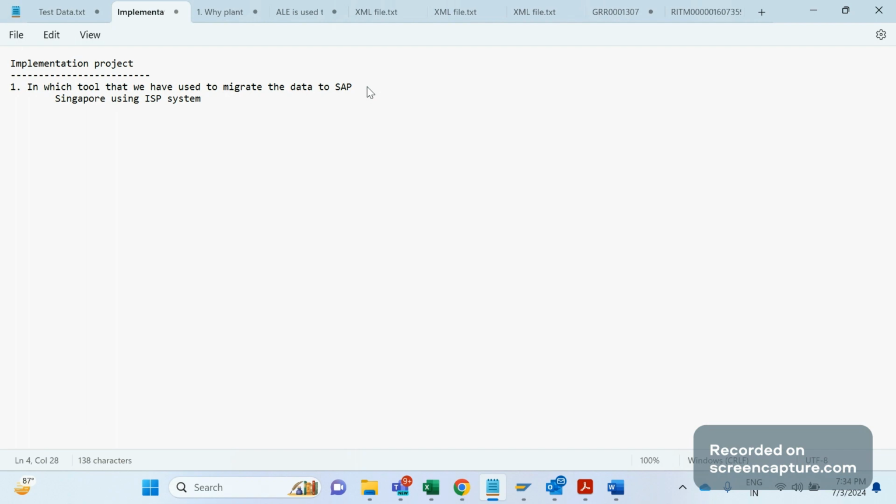So we can say that the Singapore country is using the ISP system, which is a non-SAP system, so the migration team is available to export this data from their system to our SAP system. That activity will be taken care of by the migration team. We can simply say this.